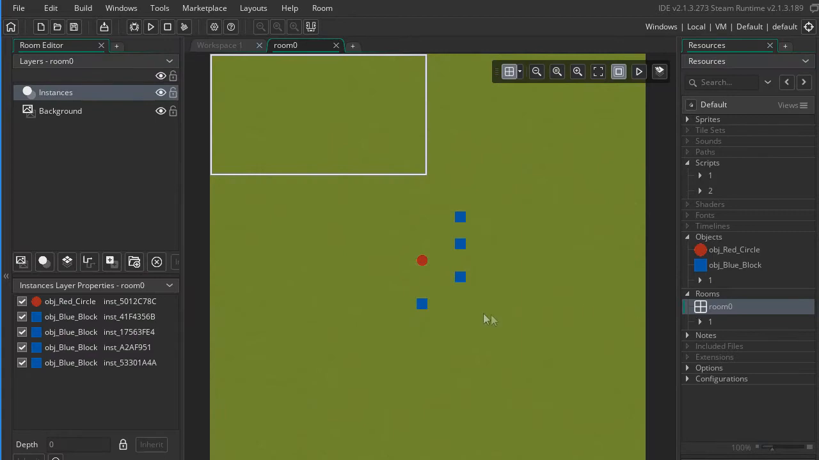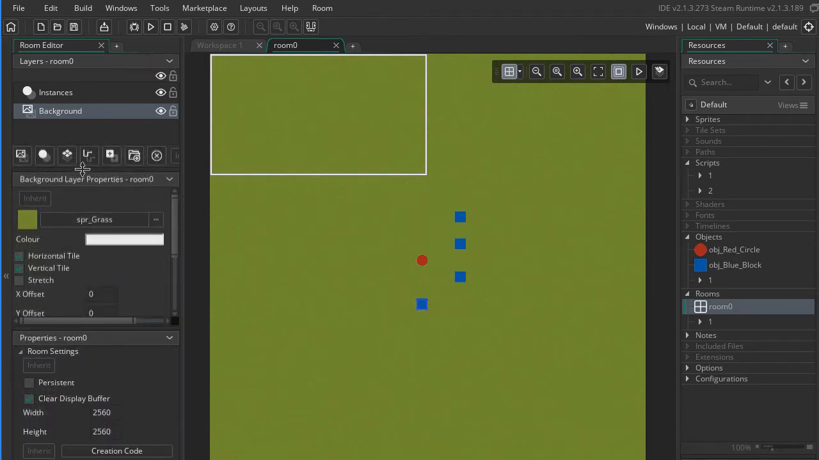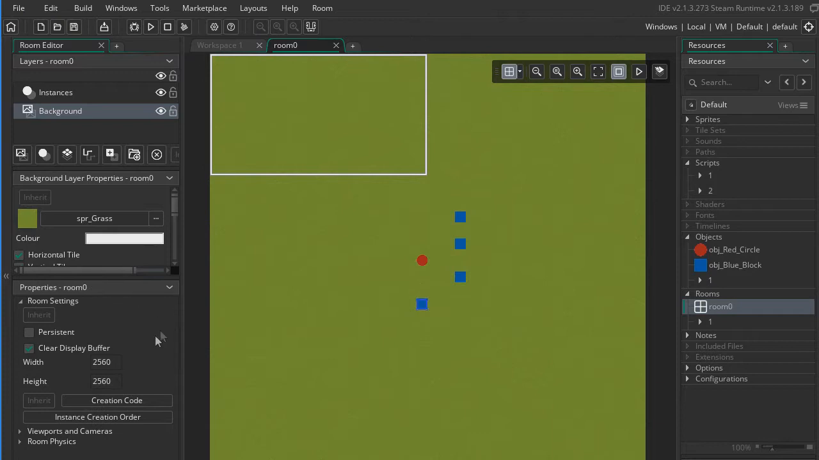I've created a test bedroom, which you can see here, and it has a red circle object and a blue block object, which I'll show you in a moment. It also has a background which has just been set to a green noisy grass. This is just so there's something in the room to give you a sense of speed. Then the basic settings for the room. It has a width of 2560, which is power 2,